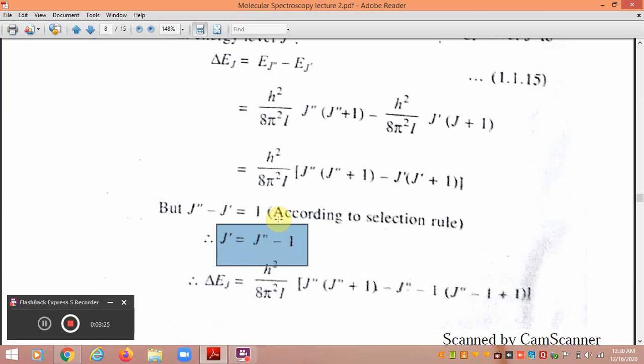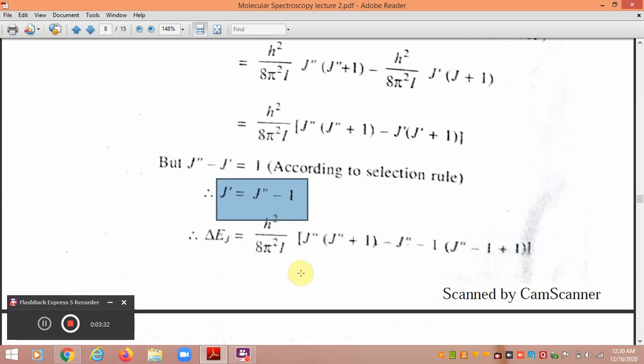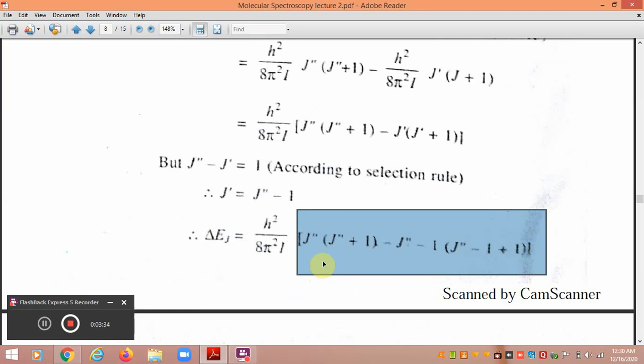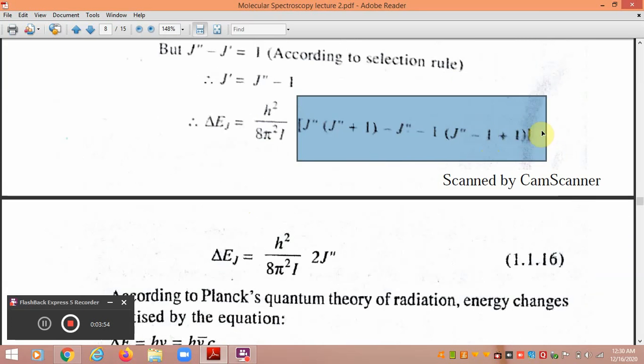If we put J double prime minus 1 instead of J single prime, we get J double prime into J double prime plus 1 minus the bracket J double prime minus 1 into J double prime minus 1 plus 1. After solving, the plus 1 and minus 1 get cancelled,